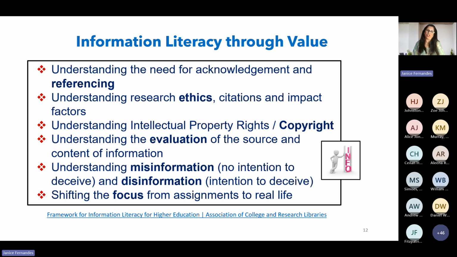So I have spoken about engagement, I have spoken about empowerment. Let's speak about value. When I speak about value, I don't just speak about the price. And we all know from our budgets how much we are paying for large databases like Science Direct or any of the other ones, Academic Search Elite, and ProQuest. And you are mapping those against the downloads, against the use of it. And you constantly have to explain and recheck whether you can continue to subscribe to that resource another year based on the reducing number of usage.